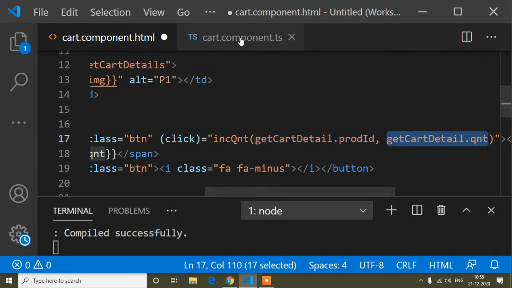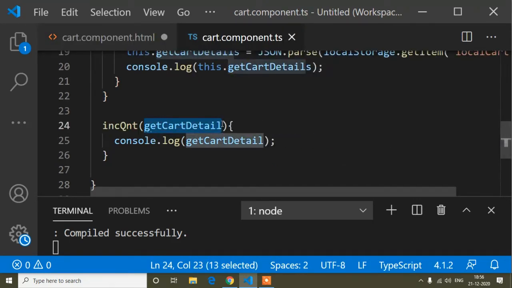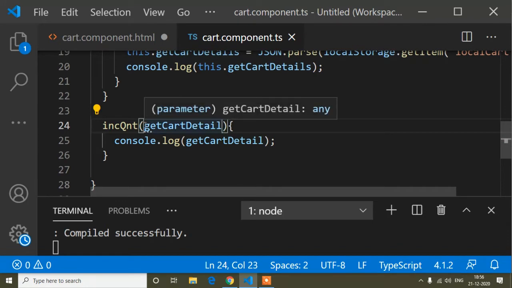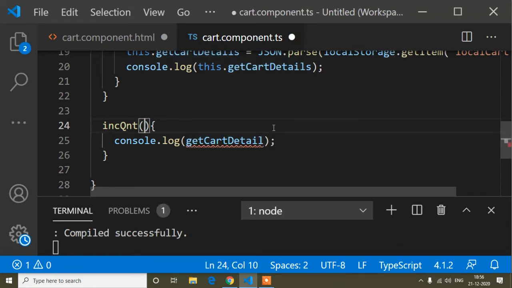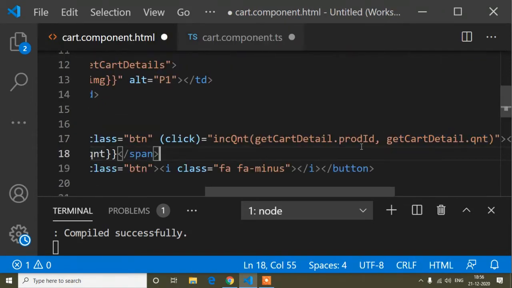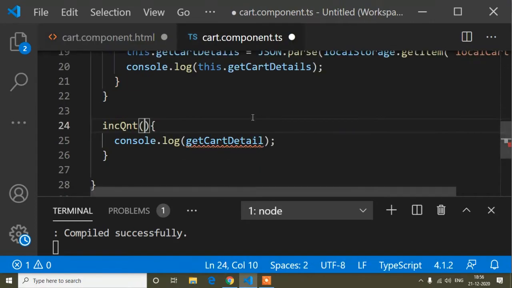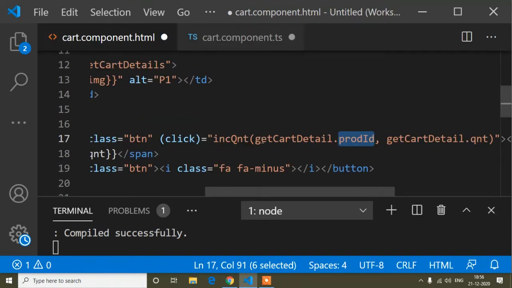In the same way here I have to pass two parameters, so I will change the name of the parameter here. I will write the parameter name as product id, but you can write any name. I have passed product id first, then quantity.